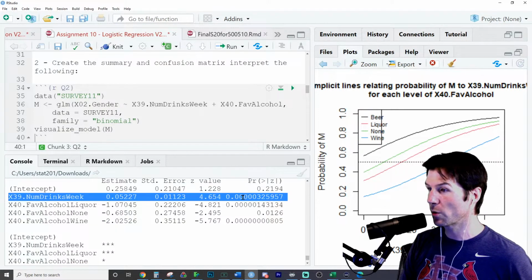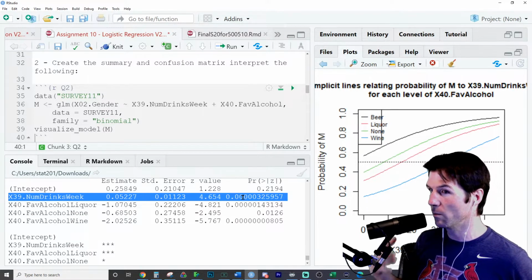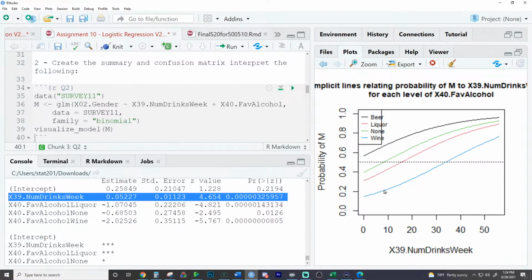Also, 2 individuals who are otherwise identical, meaning they drink the same alcohol, the person who drinks more is more likely to be male, i.e. the person who has more drinks per week has a higher probability of being male. And you can see that right here, irregardless of what alcohol someone drinks. Someone's like, I drink 10 drinks a week. I don't know, I'll space it out. I drink 20 drinks a week. It's a good bit. Well, the person who drinks more has a higher probability of being male, irregardless.